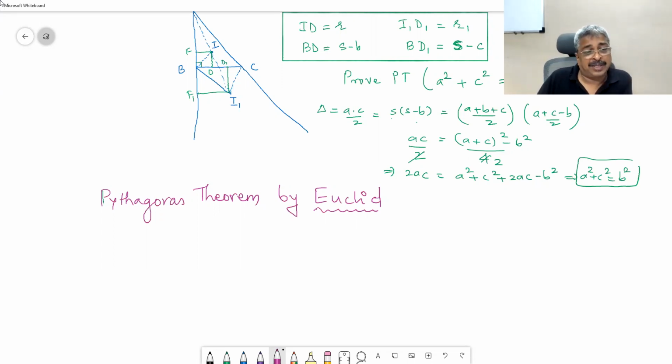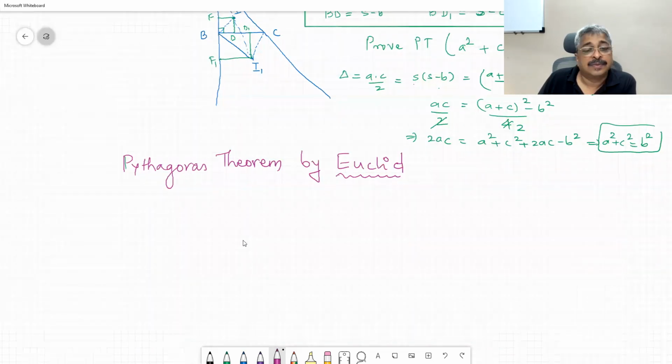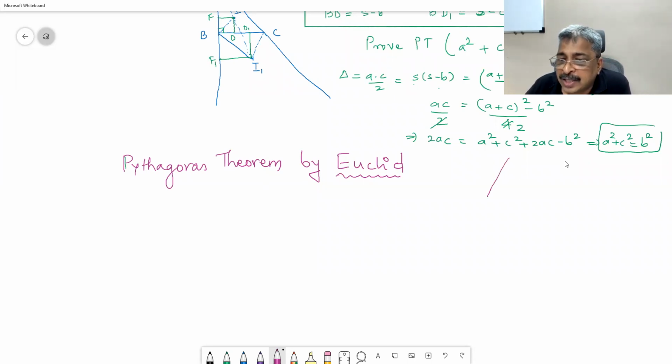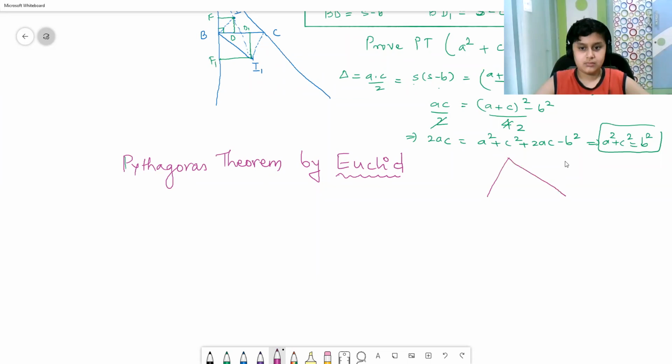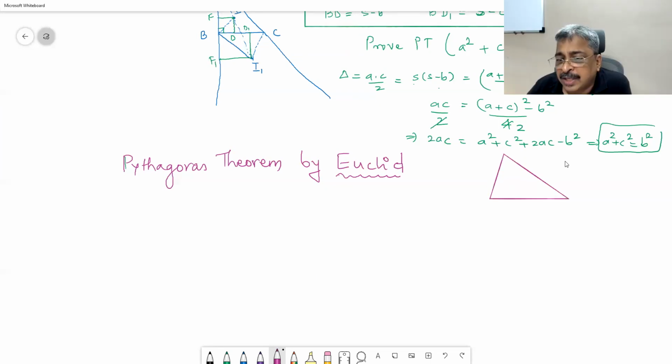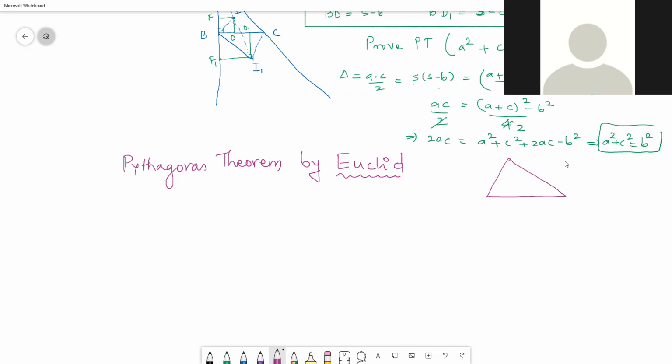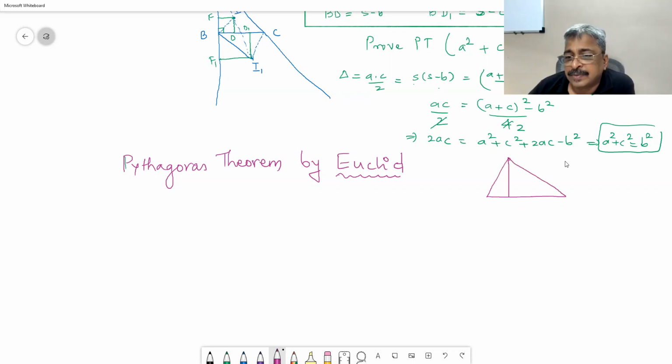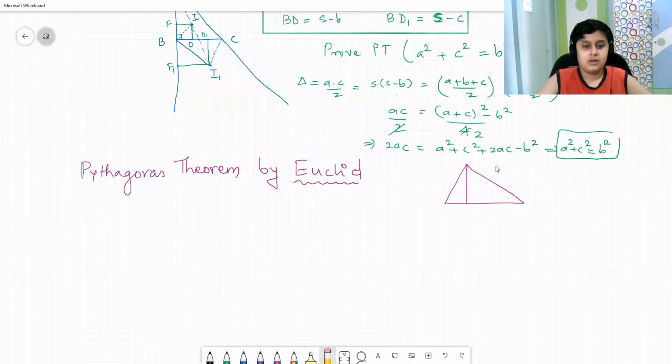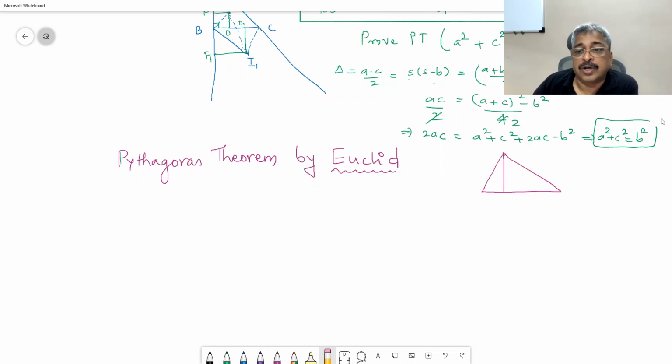But Euclid was after Pythagoras. Therefore, Euclid also felt like proving Pythagoras theorem by his method. By the way, how much similarity do you know? You must be knowing very good similarity. So, are you aware that in a right angle triangle, if we drop a perpendicular, there are three similar triangles? Yes, sir. You know this configuration. Okay, just for checking whether you have it with you or not.